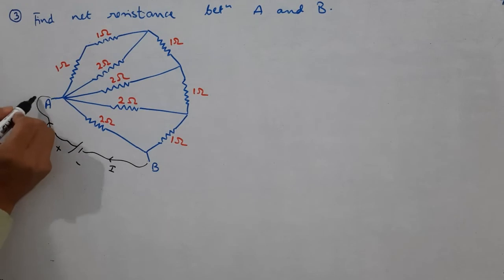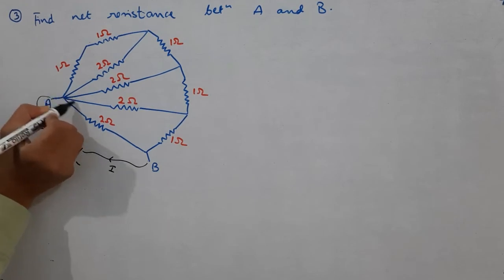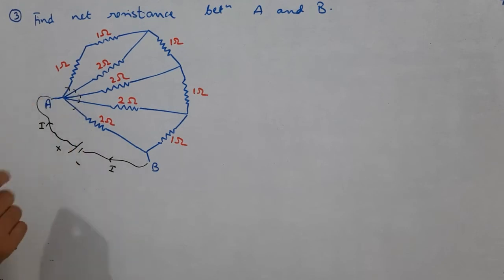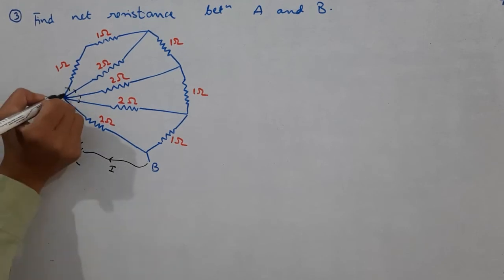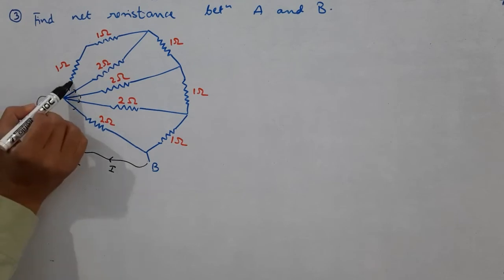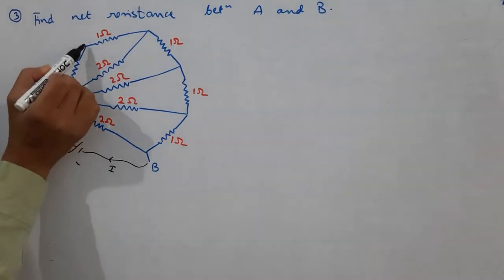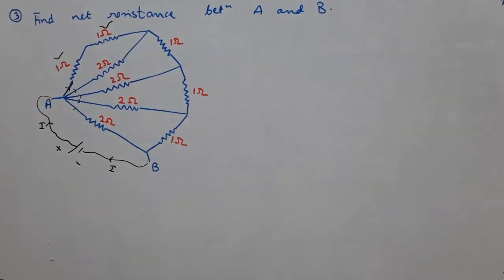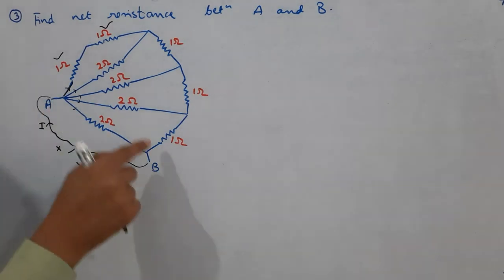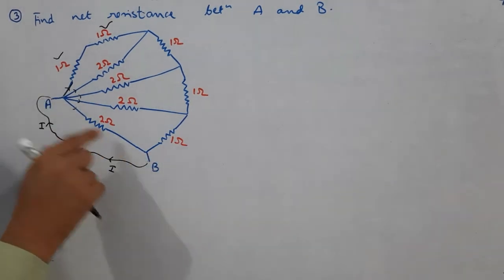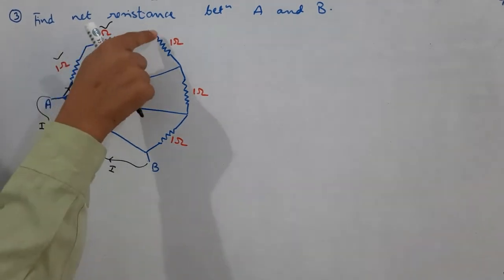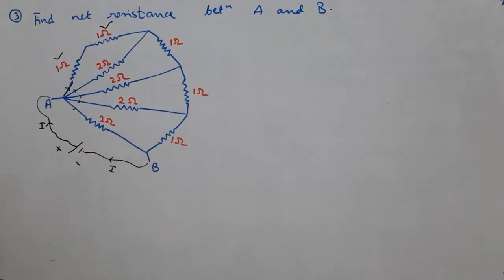Now this current I at point A has to divide in many paths. It will divide itself in 5 paths. Out of those, the current which flows through this path, you can see in this path it will flow through 1 ohm and again it will flow through 1 ohm. Concentrate on these 2 resistors. See, ultimately you have to reach point B. While reaching point B, the current which has flown through this path will flow like this, then here it will flow like this, or it can follow some other path. Don't bother about that trajectory or the path.